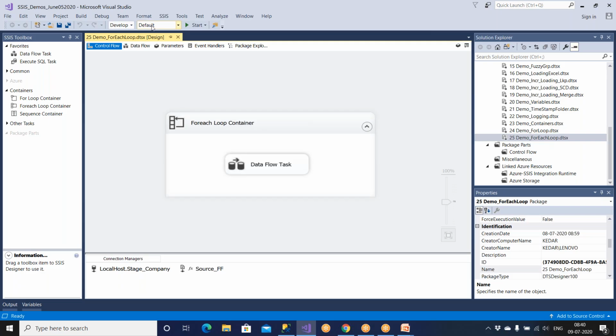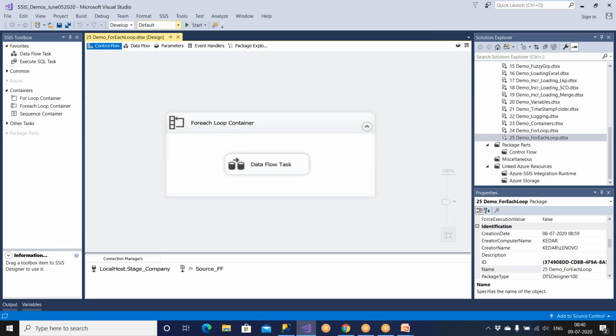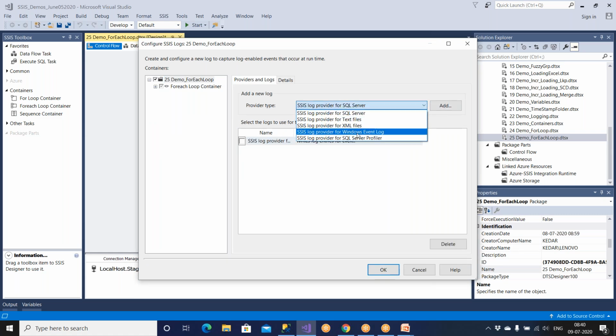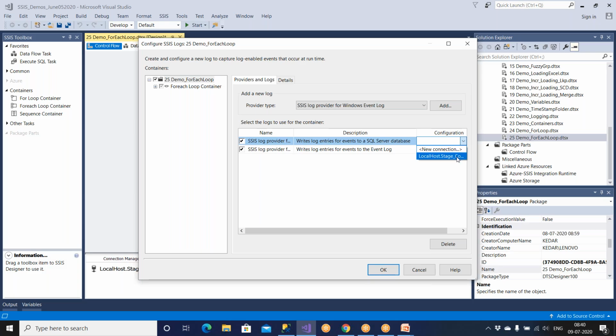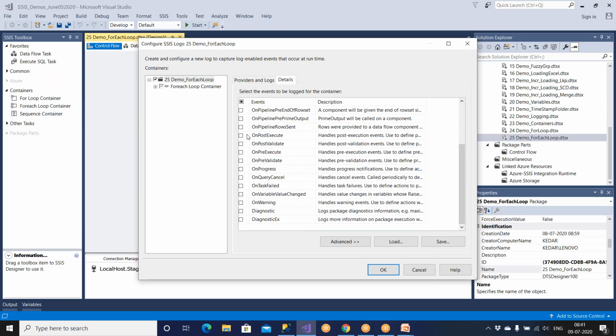You go there, go to the SSIS menu, logging. Did we implement or not? We did not implement. Check SQL Server logging and give Windows event logging. SQL Server means we need to give the database. Database, I'm going to be giving staging. And when an error occurs or any task fails or on post execute,